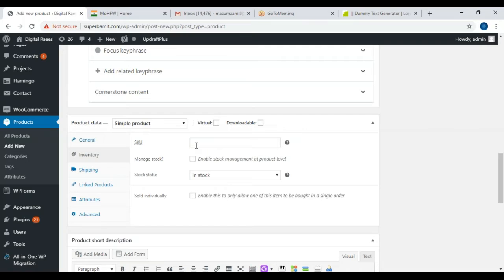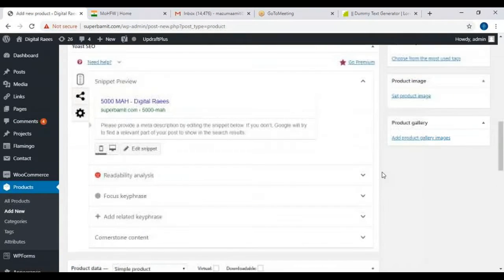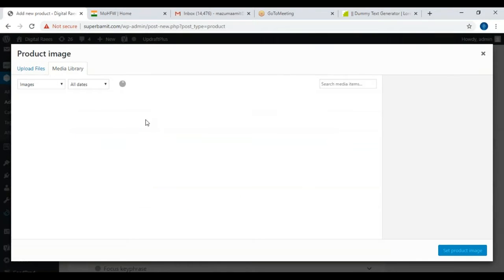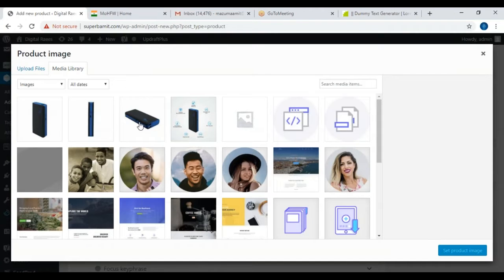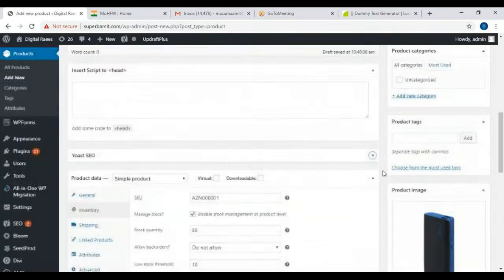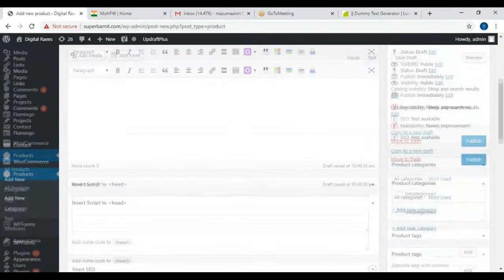Now inventory. For this individual SKU, you have to give the inventory. So AZL 00001. How many of this? I have 50, and the low threshold, once it reaches 10, then let me know. Product image, and then you can put the category, you can put the tags.